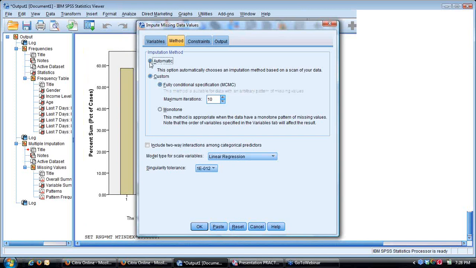If we click automatic, as I said, SPSS will examine the pattern of missing data as we did initially, and will decide if the monotone method of accounting for the patterns or the MCMC method is most appropriate based on the patterns of missing data. So we're going to leave it at